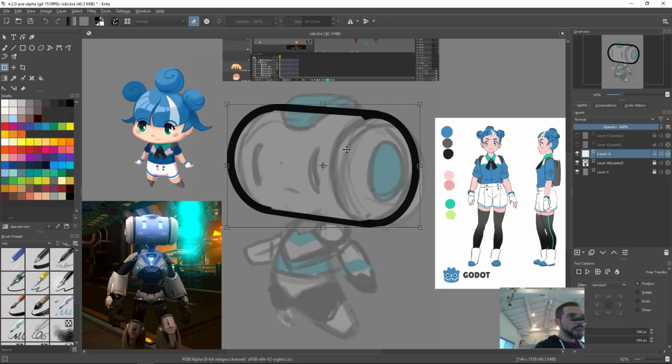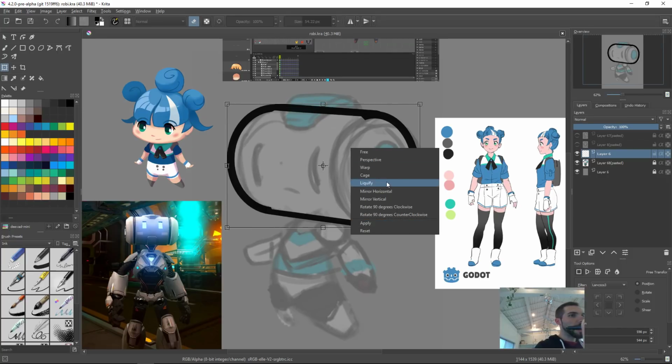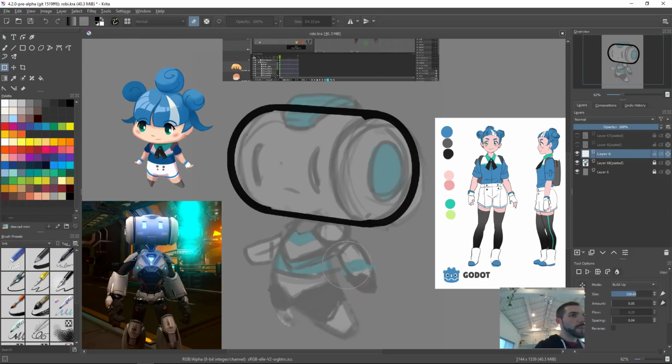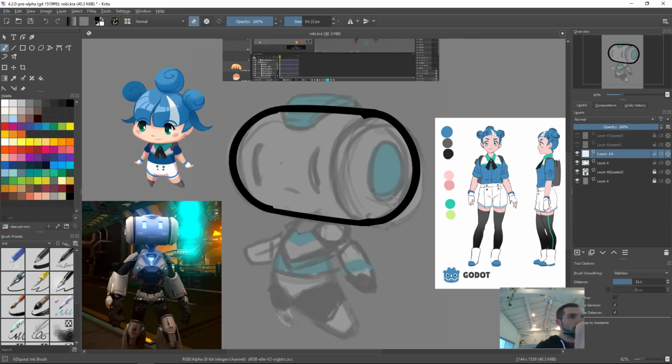And one thing I noticed is now you have a right-click context menu for transforms. So you can quickly fire the liquefy transform, which is really one of Krita's strengths. You don't have to go to a separate window or something. You can edit your transforms anytime, and you can transform entire groups of characters. So you create geometrical shapes that are precise and fast to draw, and once you are done with them, you just